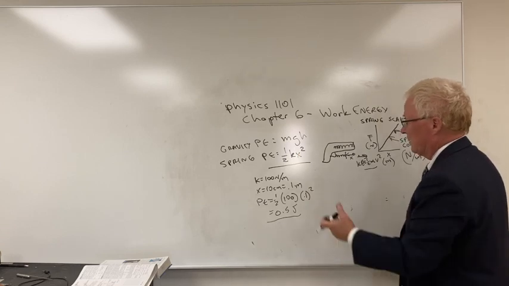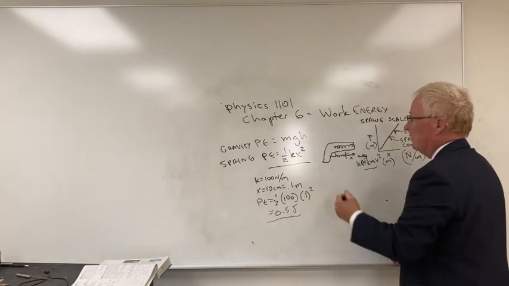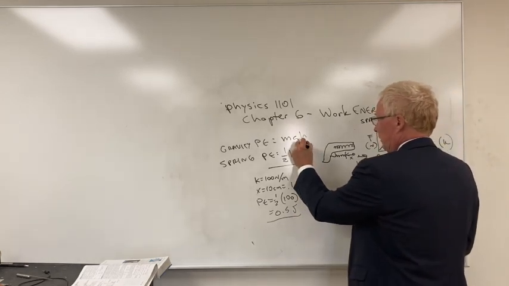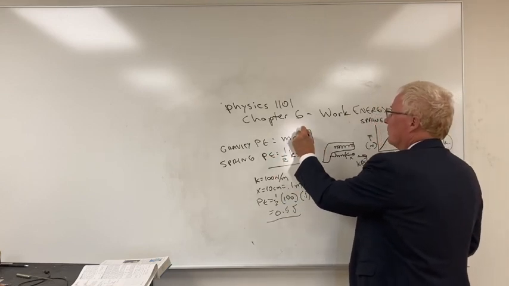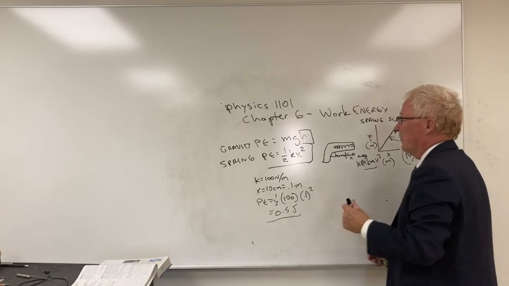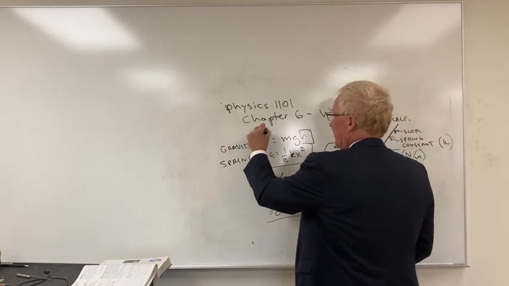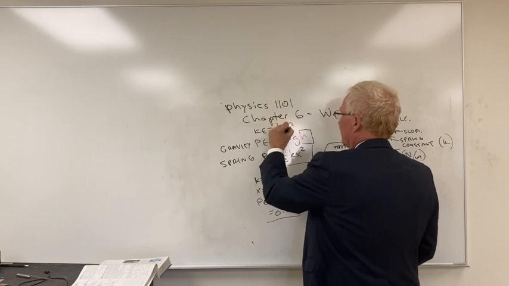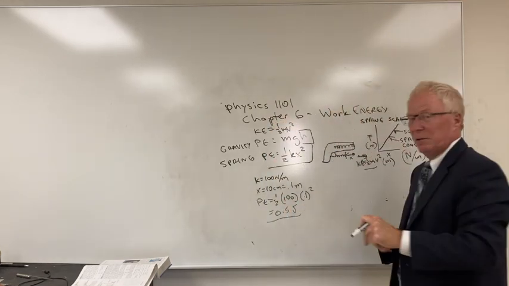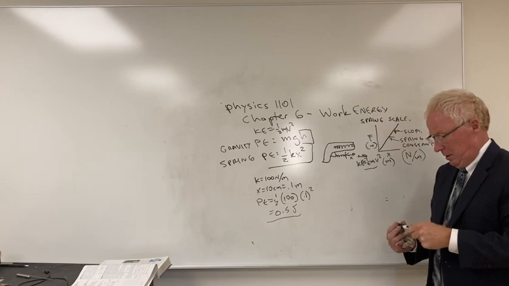So in that case, that's what we have for a spring. The potential energy for a spring is 1/2 kx squared. Potential energy for gravity is mgh, and kinetic energy is always 1/2 mv squared. Right? So that's the introduction part for chapter 6. I'll do more on this